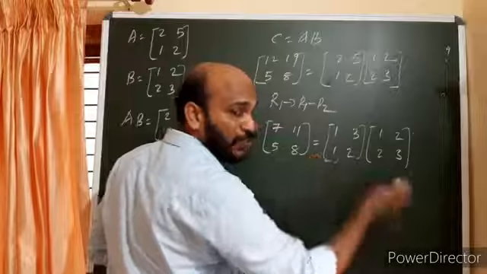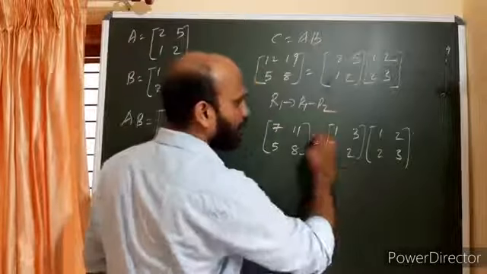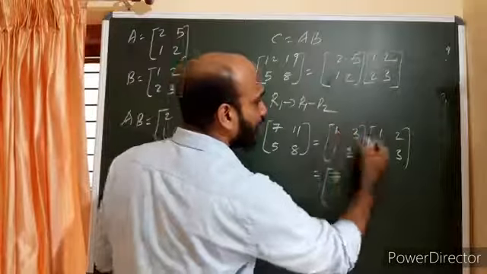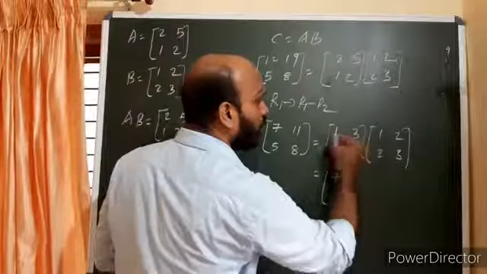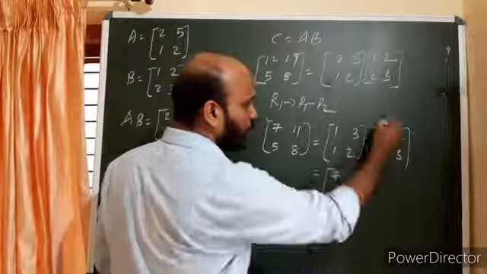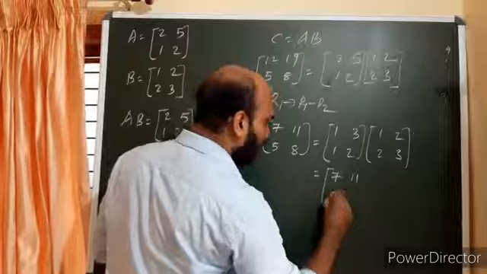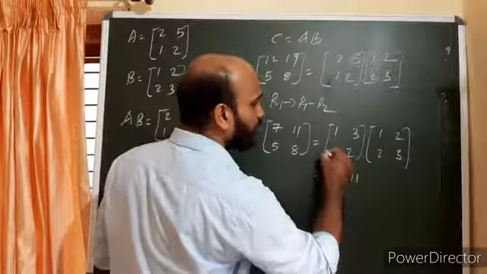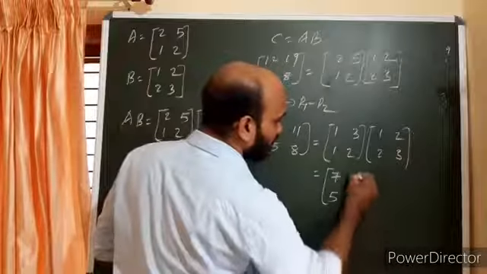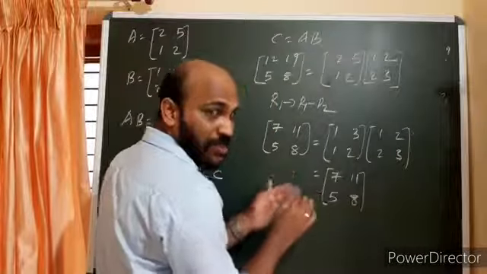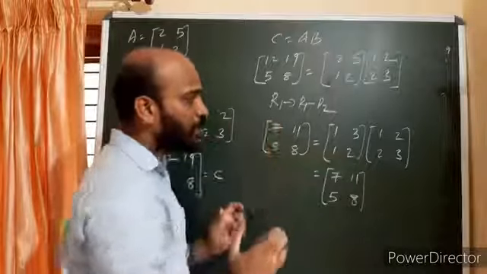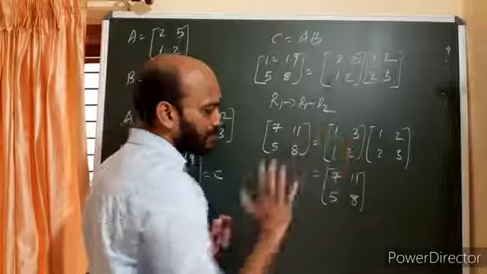Now just multiply these two matrices. What will you get? First row, first column: 1 plus 6, 7 you will get. Then A12, first row, second column: 2 plus 9, 11. Then A21, second row, first column: 1 plus 4, 5 you will get. Then A22 means second row, second column: 2 plus 6, 8. So the left hand side is equal to the right hand side. So if you are using elementary row operation on the left hand side, the same operation you have to use on the first matrix on the right hand side.